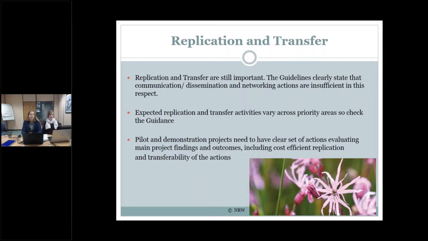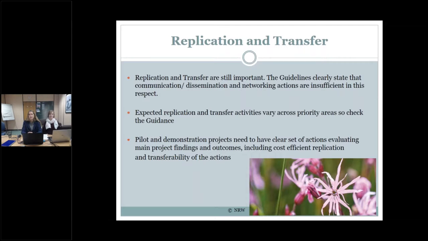This was a whistle-stop tour around the new and old project topics of the 2019 call. So before I move on to other elements of your application, are there any questions regarding the project topics? If not, I'm going to move on to what else is important for your application, such as